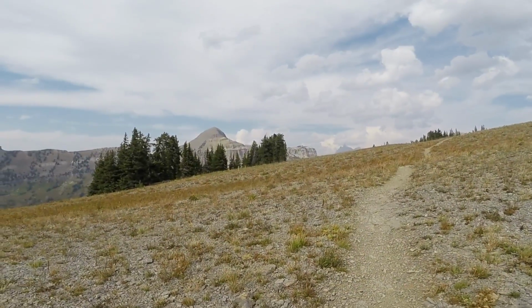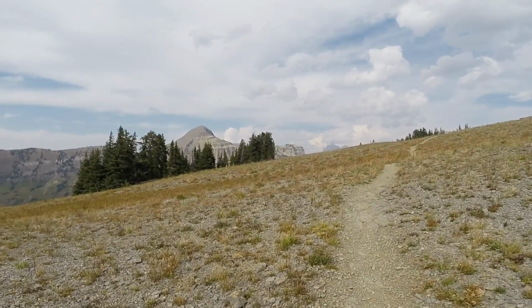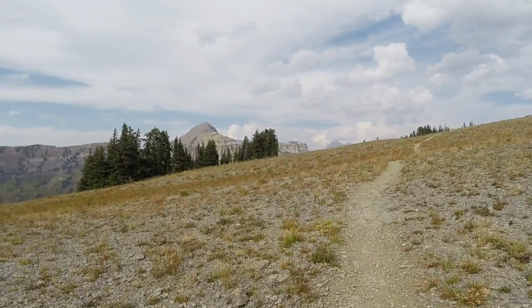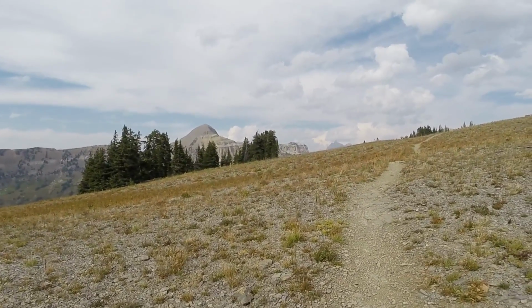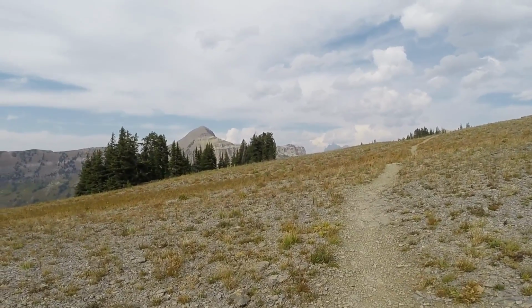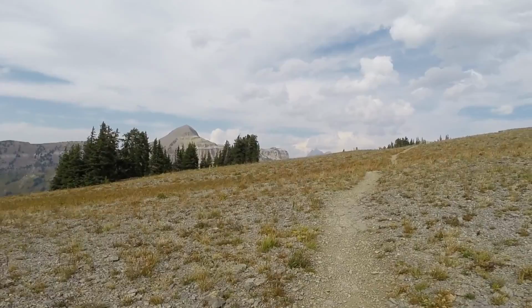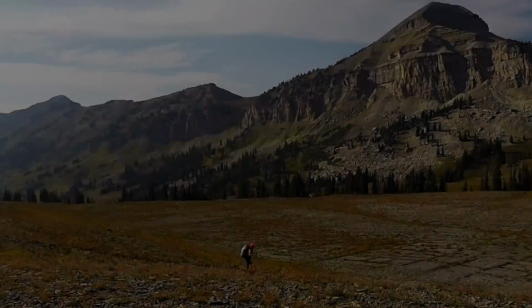We're going to go up here somewhere and find a place to camp. We're actually outside of the park now. And so we'll camp for the night, and then tomorrow we'll start our trek down on the Death Canyon Shelf and then up over another pass, Meek Pass, I think, into Alaska Basin, which is also outside the park. And that'll be